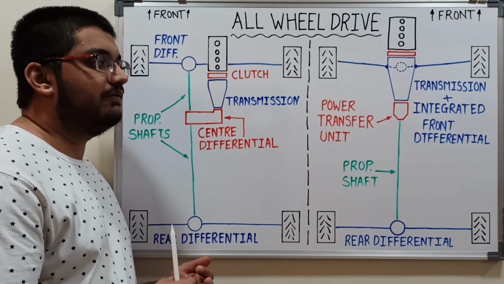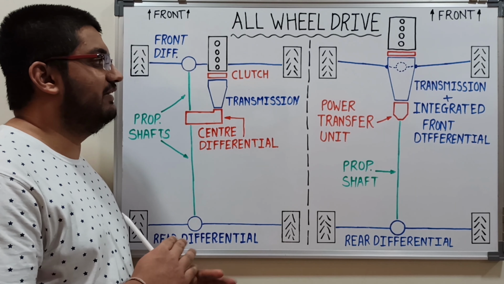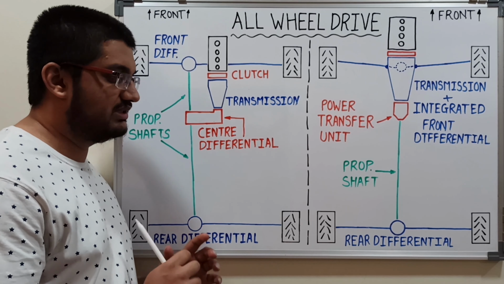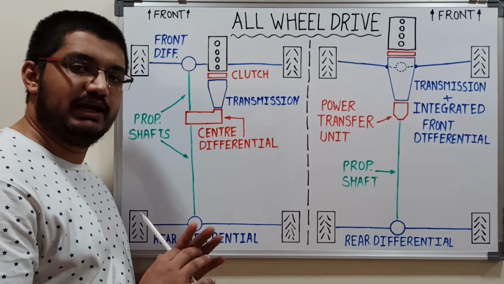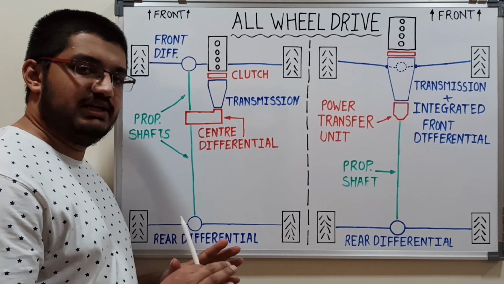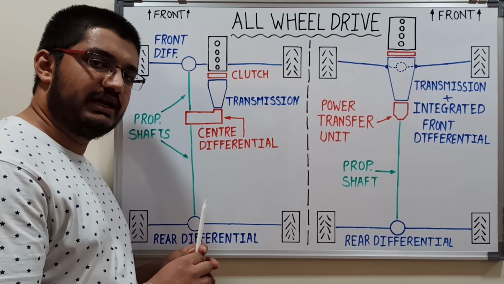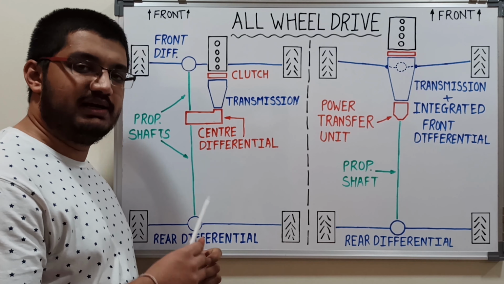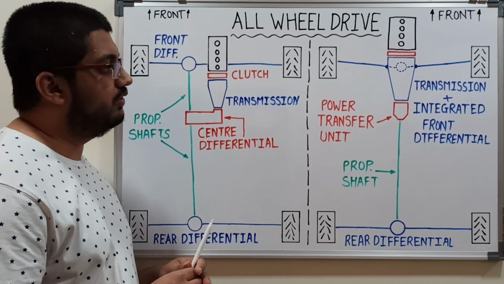Which axle will be given what amount of power, or which wheel will be given what amount of power, is everything determined electronically. It has an electronic control unit, or ECU as it is called. So that is not in the driver's control. It is determined electronically and takes place electronically. To clear out the difference between four-wheel drive and all-wheel drive, I'll be posting another video, the link of which is given in the description. So please check it out. For now, let us start with all-wheel drive.